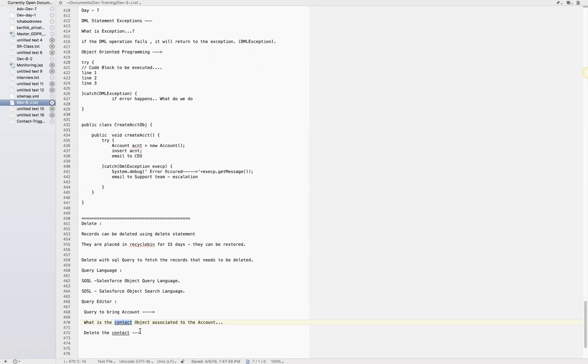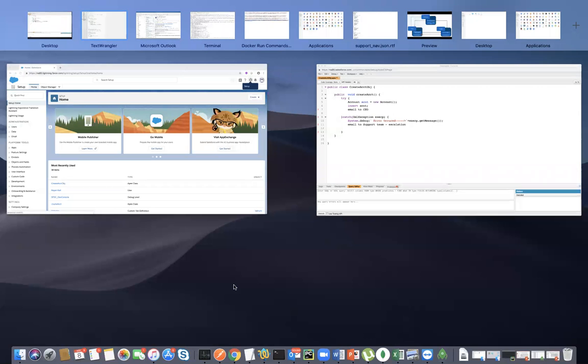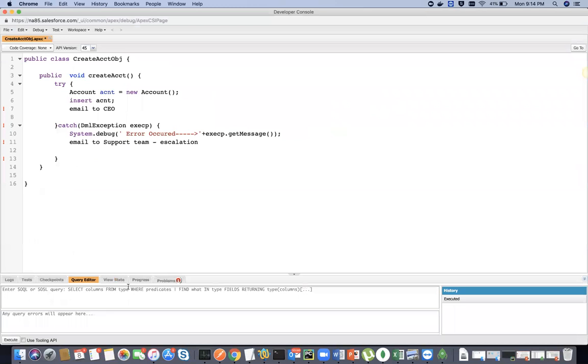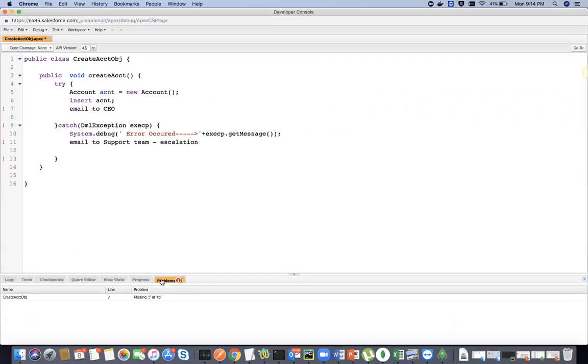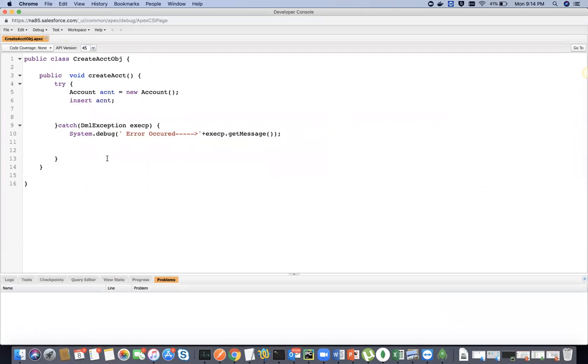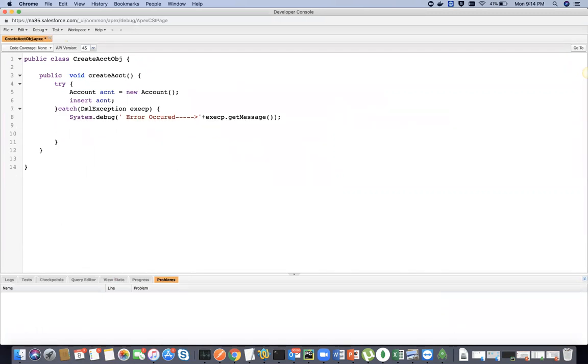All right. Whenever you are dealing with a query, I always go here and write my query first and execute it. That's a best practice that I always tell my team members. I don't want to write code with the query inside and then debug the query. If you know what your result is going to be, then you will be confident enough to write the code. So if you look at the query editor,